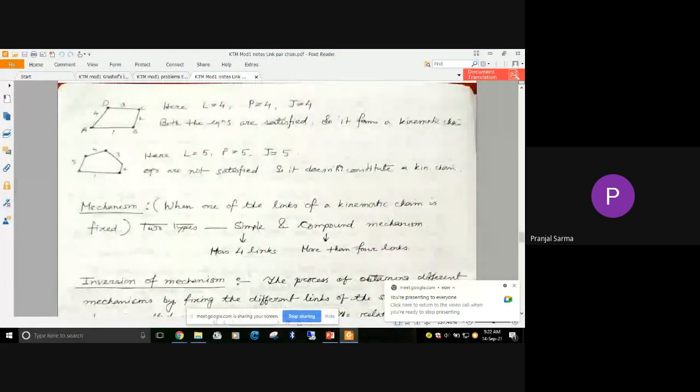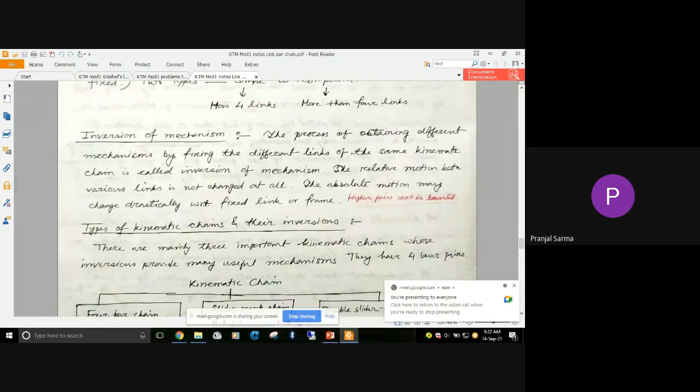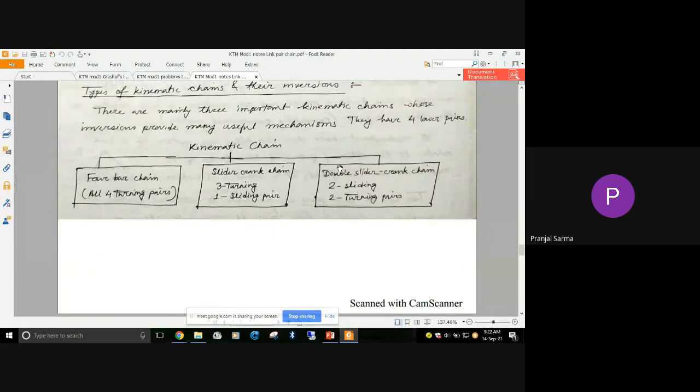So, okay, we have two equations for finding out, for a lower pair mechanism, whether that particular chain with lower pairs is constituting a kinematic chain or not. So those things we have discussed. Then we have studied the inversion of mechanism, what to understand by inversion of mechanism. Then we have said that basically four bar chain, slider crank chain, and double slider crank chain are the main three types of kinematic chains which we will be discussing,